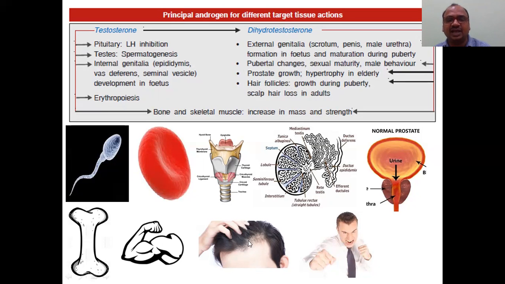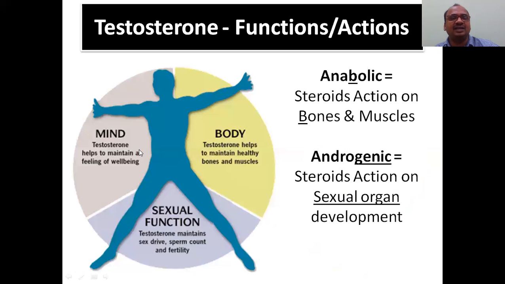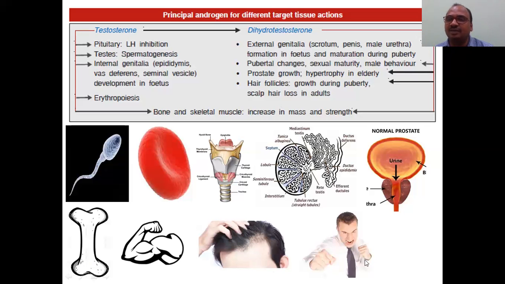See here, that's why here on the scalp I have shown, no, and hair loss in adults. If there is more testosterone in the male, more hair loss will be there. It is the reverse of it. Okay, initially there is growth, but later, when he becomes an adult, hair will be lost. Okay, and aggressiveness. This is the mind, our body. Testosterone has an effect on the mind. See here, mind. How does testosterone control the mind? Aggressiveness will come. See, when you become an adult, you always try to fight with others and try to solve problems not with the mind, only with a fight, like that we thought. Okay.